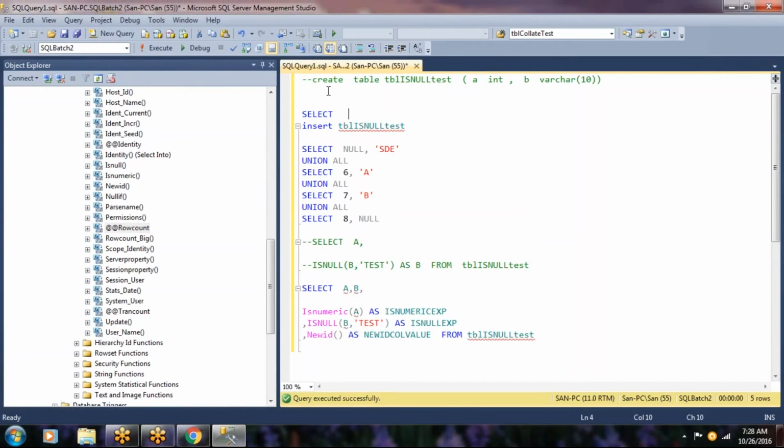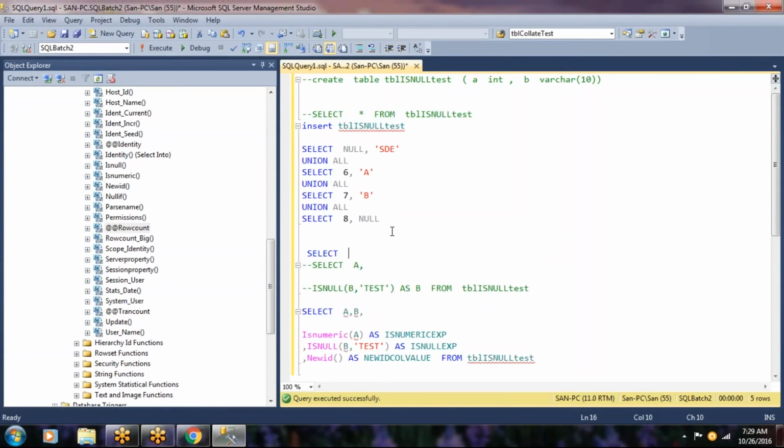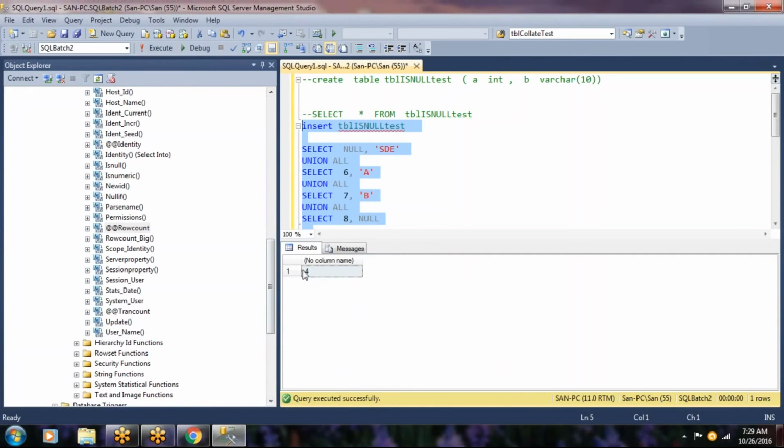Select star from this table. How many rows got inserted? Now what I am doing is, if I want to capture how many rows got inserted into my particular table, when I execute this SQL statement, you see 4 rows got inserted.